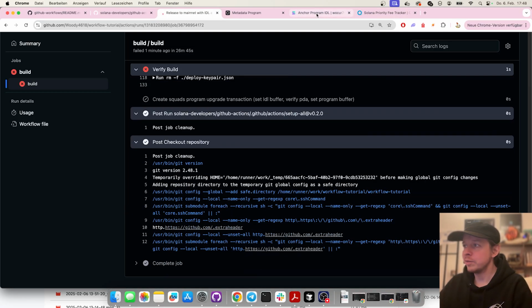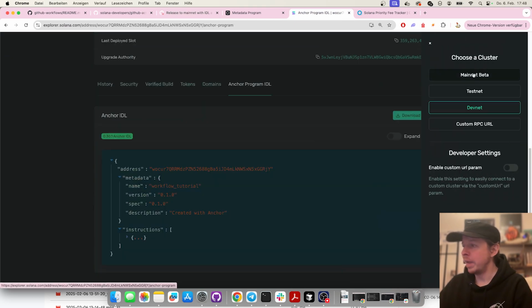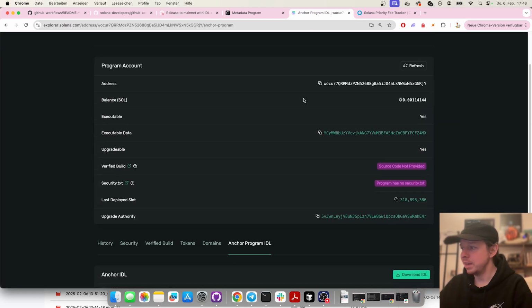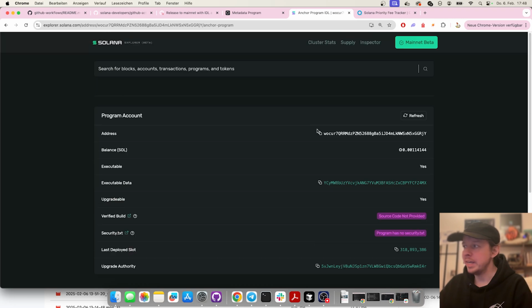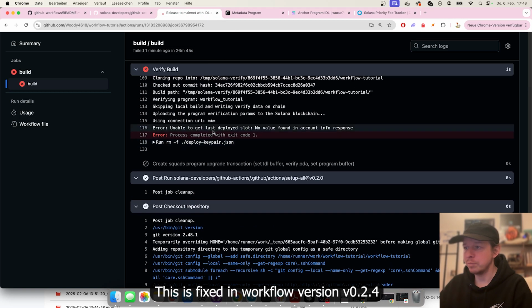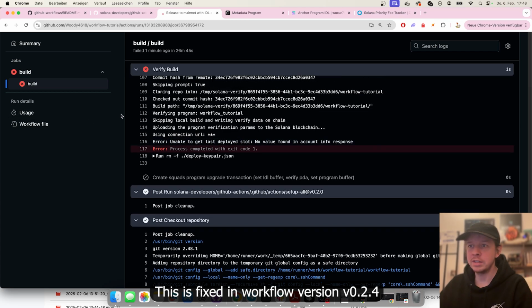A few minutes later. So that was almost successful. If we now go to mainnet, we can see everything here is green. And we have the IDL uploaded and the program, but the verification step failed sadly because it couldn't find the deploy slot, so it's quickly gonna